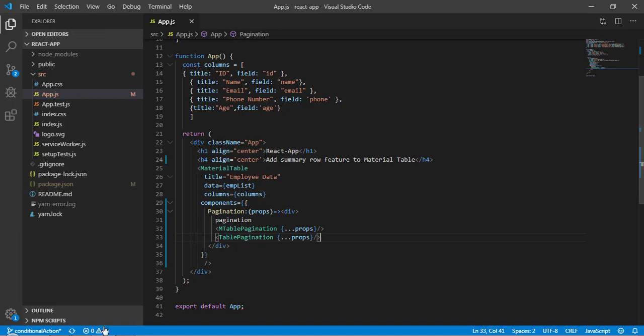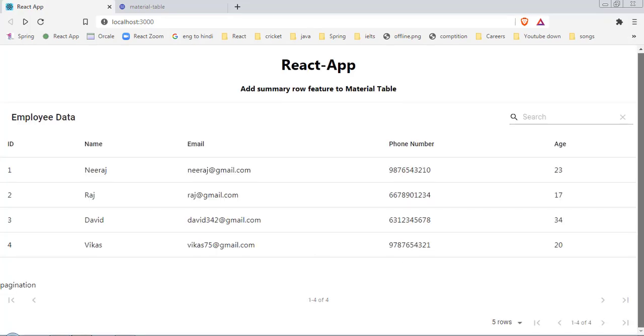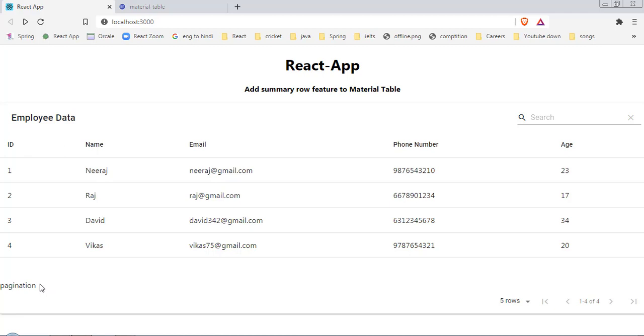Now save it and let's come back here. You can see with this material table pagination we are getting everything proper, so we can omit this MTablePagination because it's not working fine. So let's remove this.